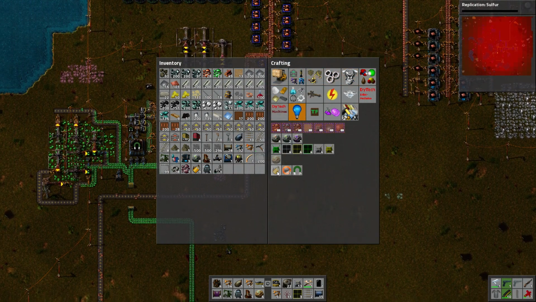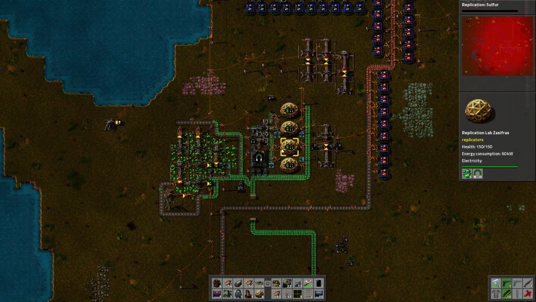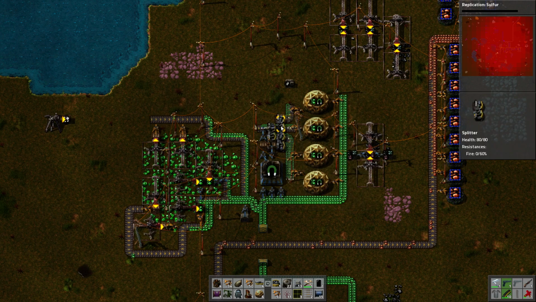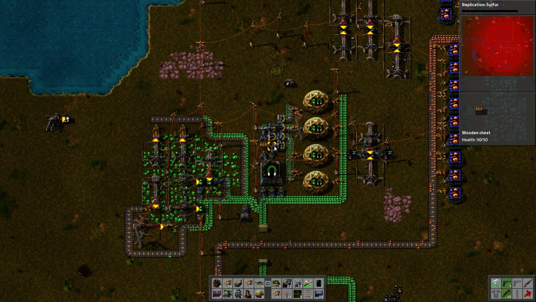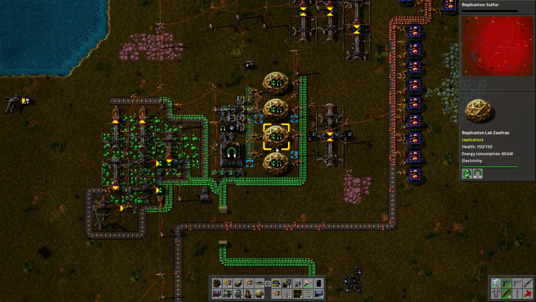Where is it? Here we go. Superconductors, that's what we need. Yeah, so it's going to take more time than anything else, but I think it's totally going to be worth it. You have run out of iron. Stick that in there. Okay, now we should be making